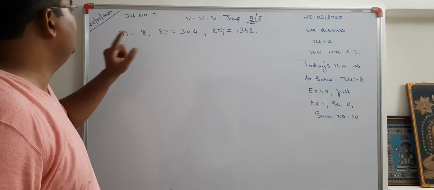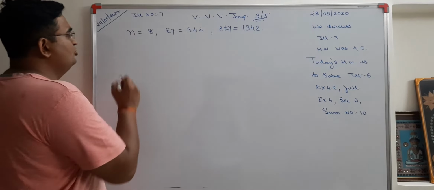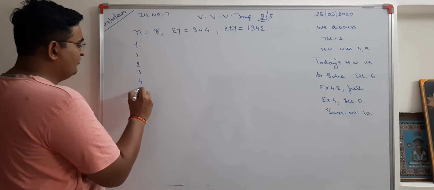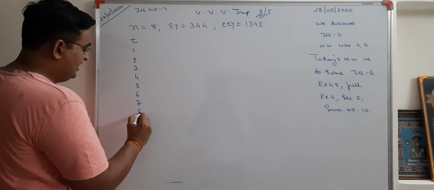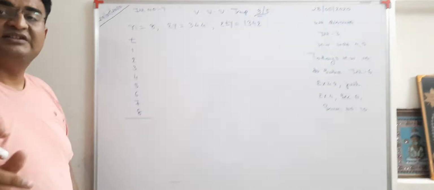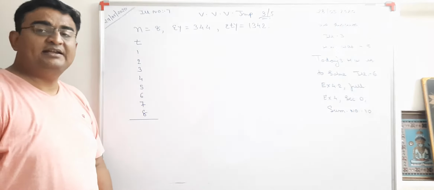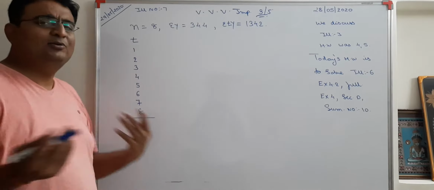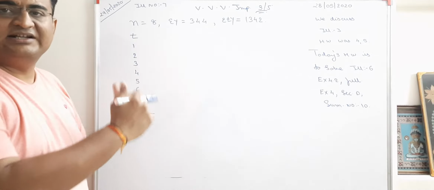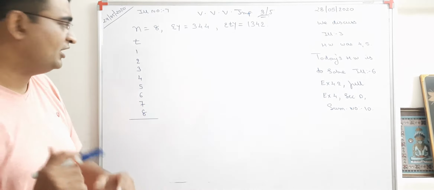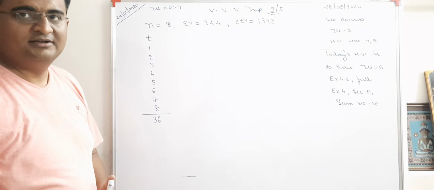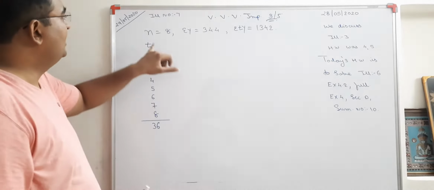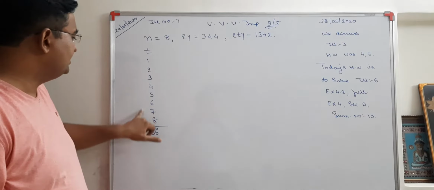As here n is equal to 8 is given, so you have to stretch, or you can write, t as 1, 2, 3, 4, 5, 6, 7 and 8. Is it clear? As n is 8, you have to stretch t till 8. Suppose n is 5, then you have to go till t is equal to what? 1, 2, 3, 4, 5. Once again, n is equal to 8, so stretch the t till 8.